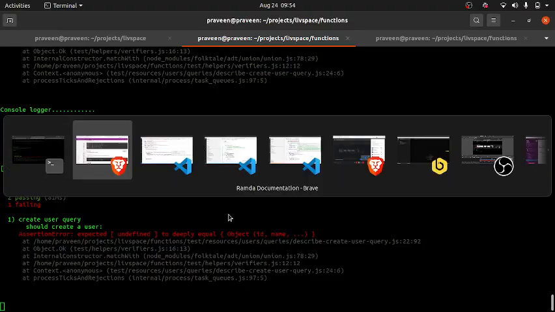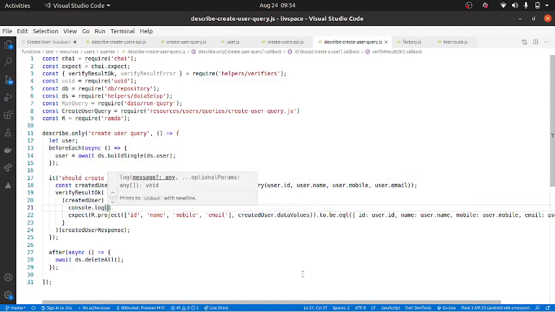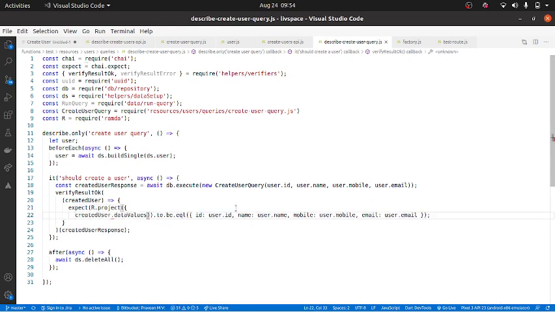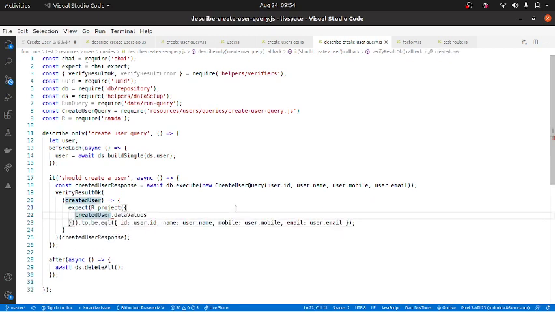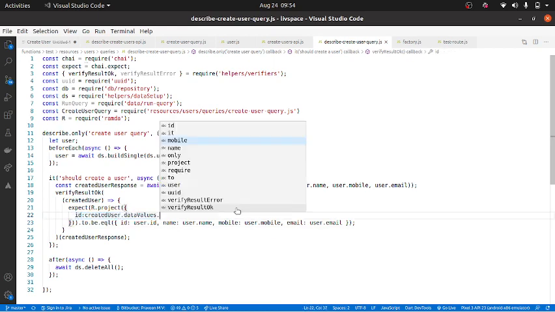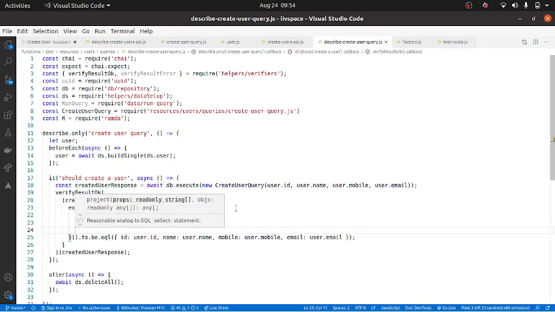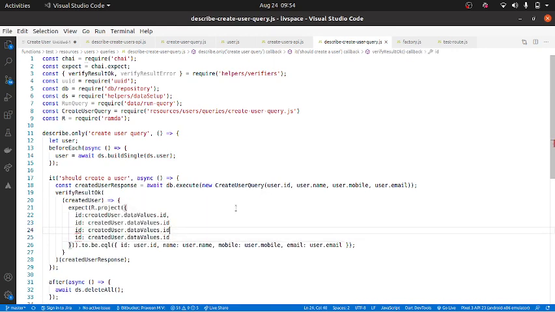Okay, I'll not waste my time here. So let me remove this, and I will basically make this into an object. Okay, id equal to this. So I will put id, and then I will do name, mobile, email.